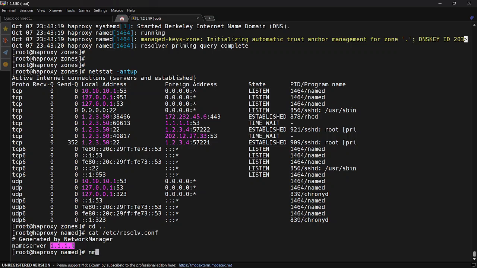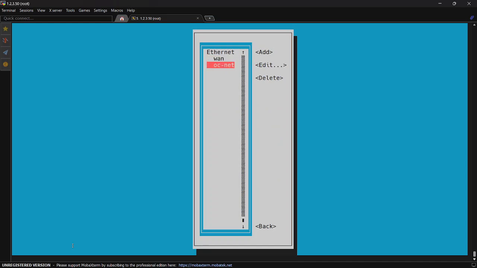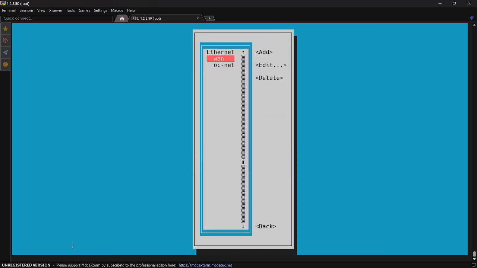So let me change my DNS on the WAN interface, whatever I provided, to localhost or 10.10.10.1. So I will set localhost. I mean, this machine is also working as a DNS,